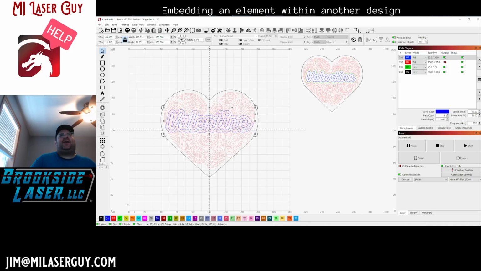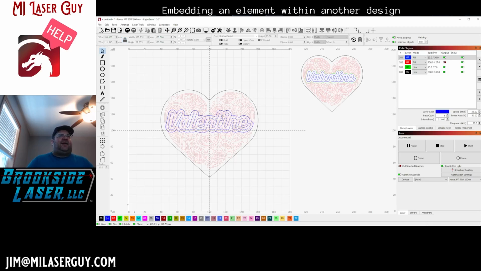And here's what we want to do. So in my design, I want a line to be engraved. And I'm going to set this just as like a tracer, a really light line. It's not going to cut it out. But I want it to outline the words and separate them from the background design. So if I didn't want that, I just wanted the background to end and no line around it, this step isn't necessary, but what I'm going to do is duplicate. So I'm going to hit Control D and duplicate that. So now I have two of the same